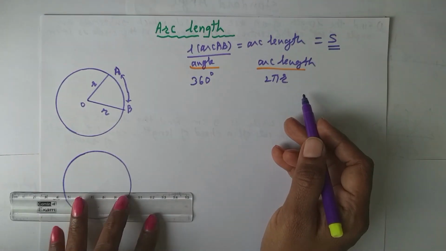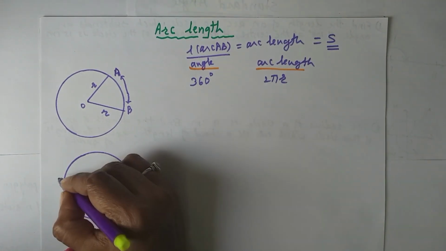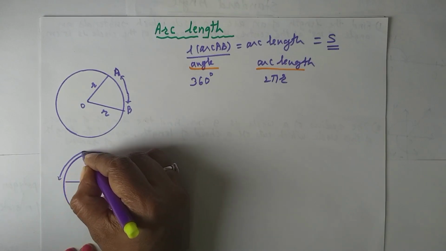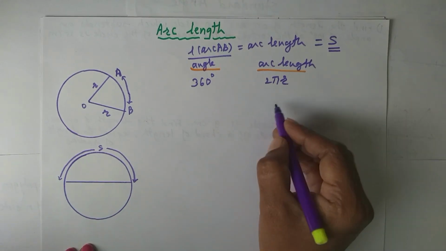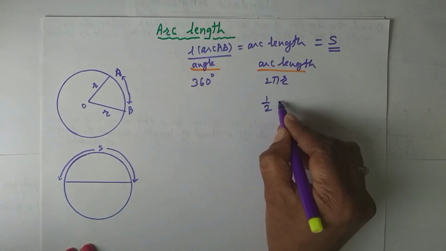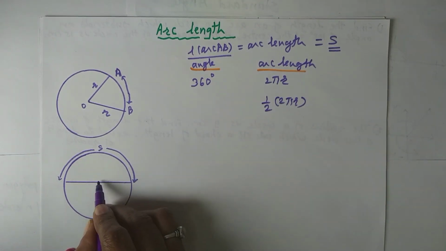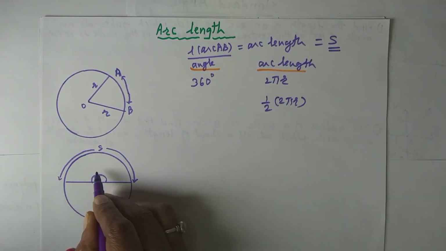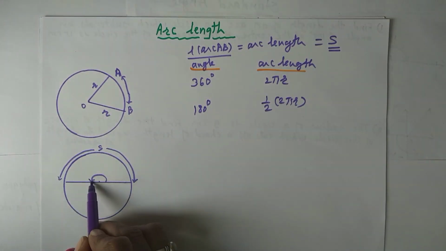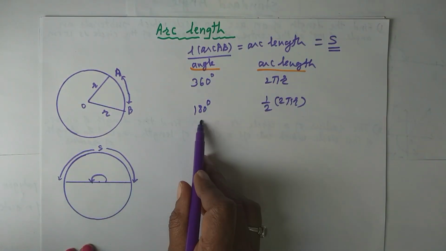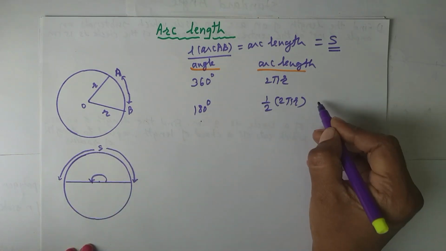Okay. If there is only half rotation, then what will be the arc length? Then arc length will be half times the circumference. And what will the angle be? The angle will be 180 degrees. Means if there is half rotation, then the angle is 180 degrees and the arc length will be half of the circumference,